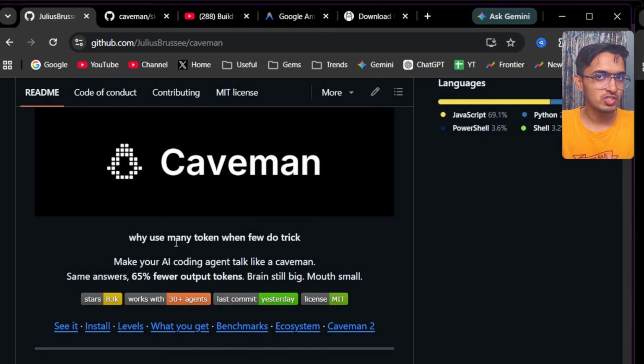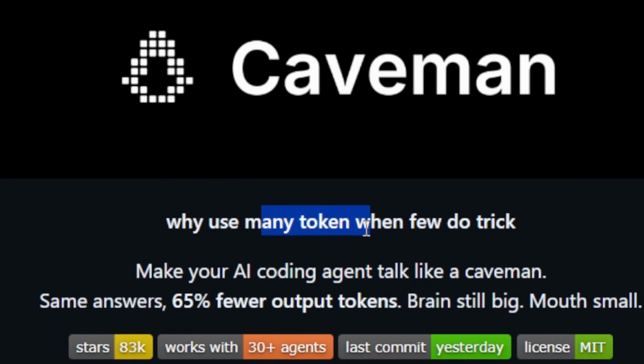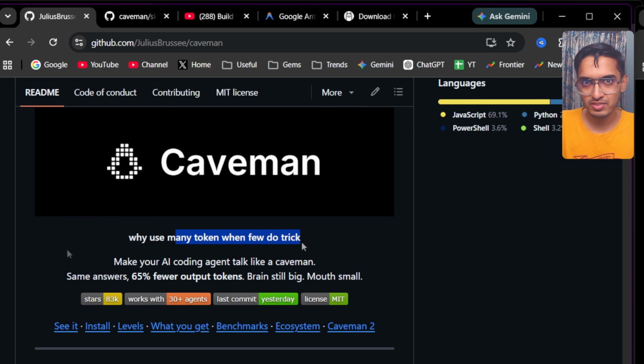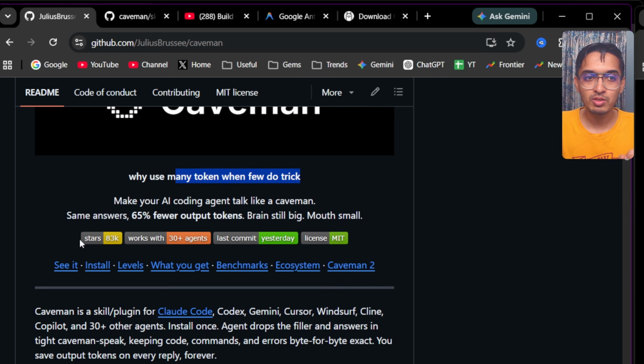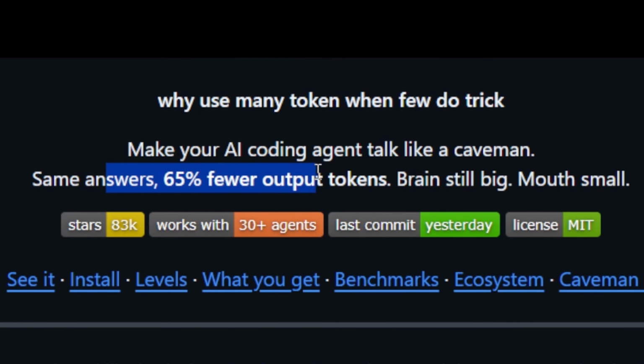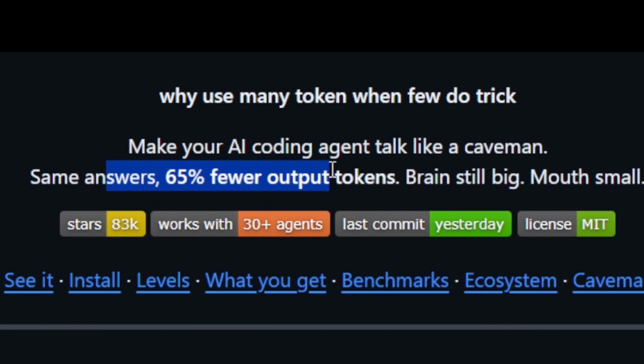So first, let's cover the main powers of this Caveman tool. We all know the frustration of asking a simple question to an AI and getting a massive text output. But this tool fixes that by forcing the AI to drop the filler and answer in short punchy fragments instead of full paragraphs. The core idea is that we are shrinking the model's vocabulary so it outputs fewer tokens. So we get the same technical solutions but end up saving a massive amount of output tokens in every single